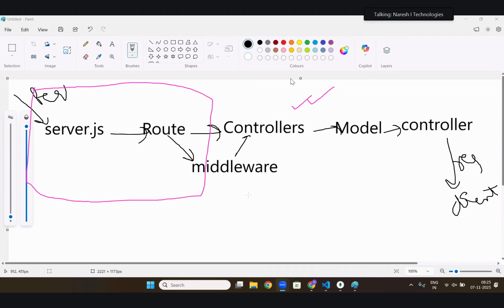Instead of mixing everything at one point, I will write products separately, and this one separately. Like that, I will write it separately. Still, if you write it in app.js, nothing will happen. Okay. Now,